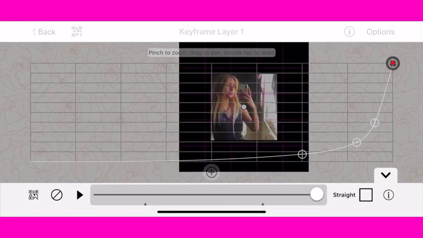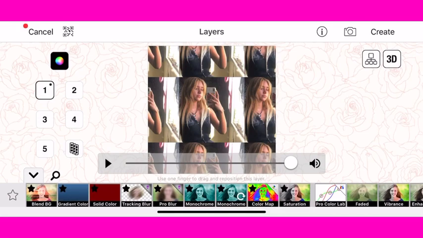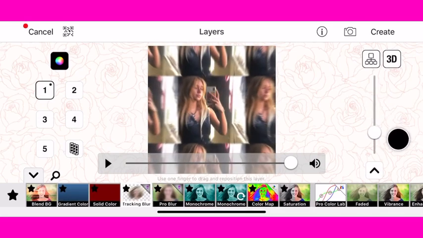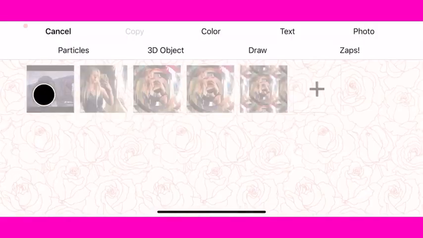Now that you added your graph, you should add your mirror. I added the first one because I think it's easier for the transition, and then you want to add tracking blur. Make sure you don't add a lot for this transition because it does not look right. You want to push create, done, and then you want to go to multi-layer, your first layer, and then the